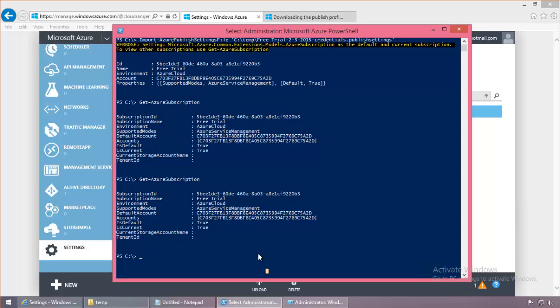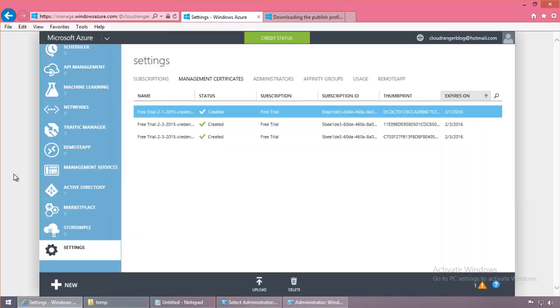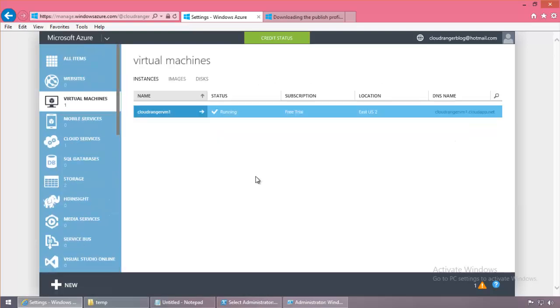For example, we had a virtual machine created. If you went ahead and ran the cmdlet Get-AzureVM, since it's connected to your subscription right now, it would show you the name of the VM that you have on your subscription. This is no different from coming over here to the virtual machines, where you can see the same name. So technically you are doing the same thing that